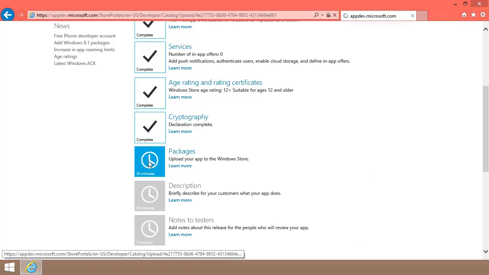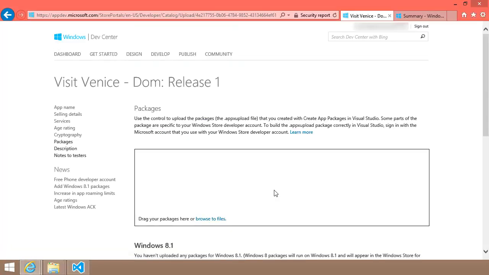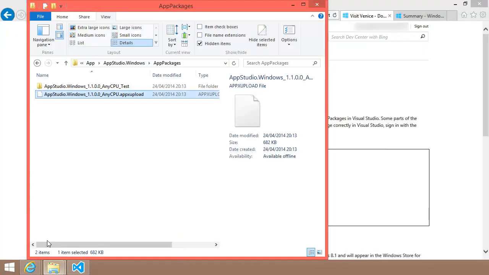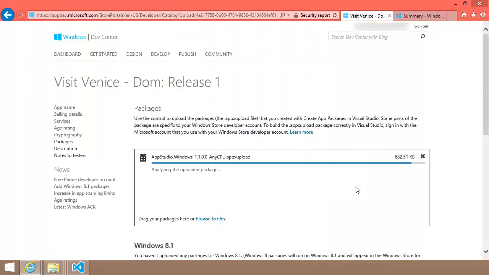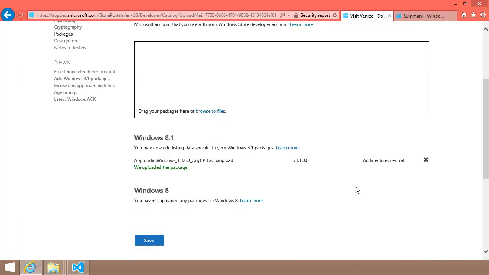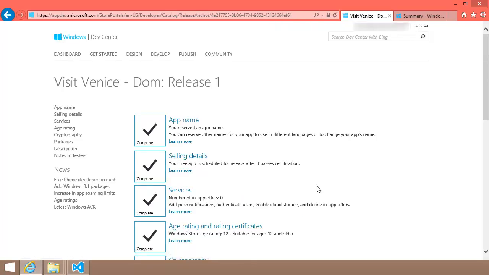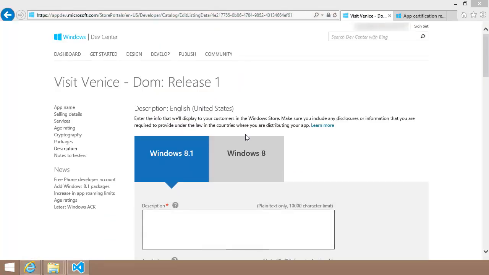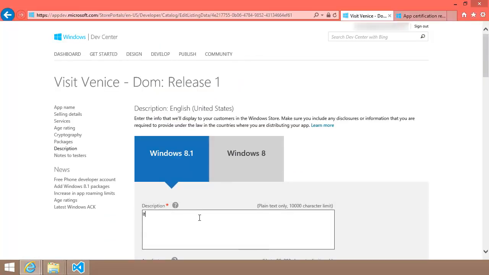Now I can upload the package, either the one generated by App Studio or the one created by Visual Studio. Drag the package file into the box to begin the upload. When it completes, the site performs some basic validation of the package before you can continue. Now that I've uploaded the package, I can complete the final pieces of information for the submission, such as the app description,